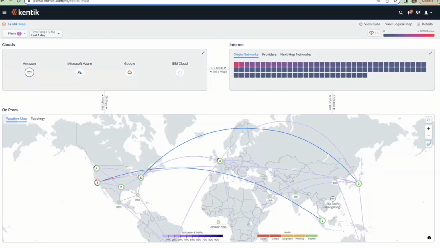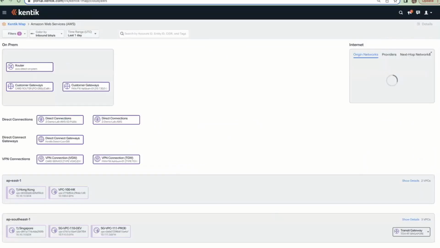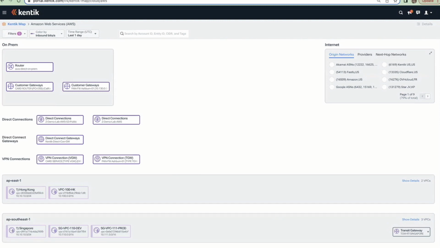And I'm going to go into AWS. This map, high level, shows me how all of my resources are connected across the globe. This is on-prem resources and cloud resources, but I'm going to drill into AWS right now because that's what I'm talking about today. So I was just alerted that an application that has recently been migrated to AWS is not working. And I know it's running in a VPC in US East, so I'm going to look at that in a